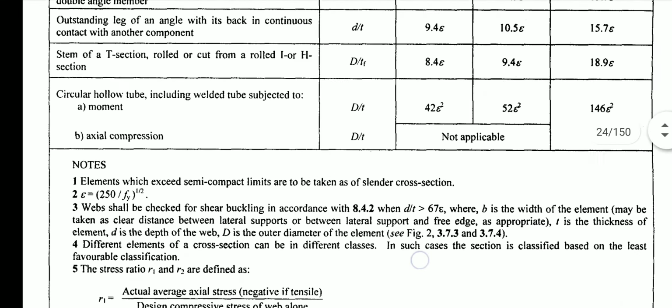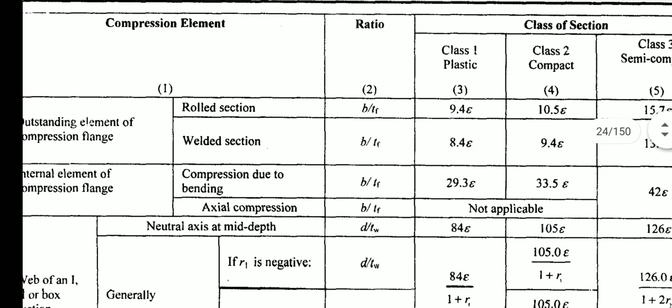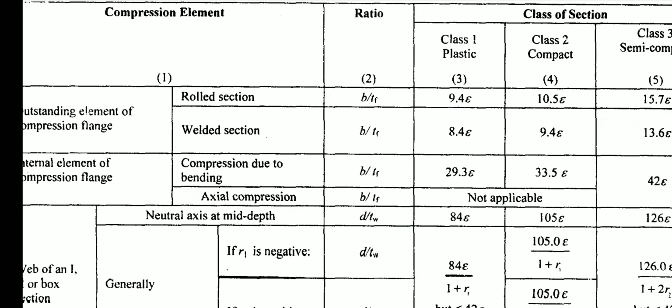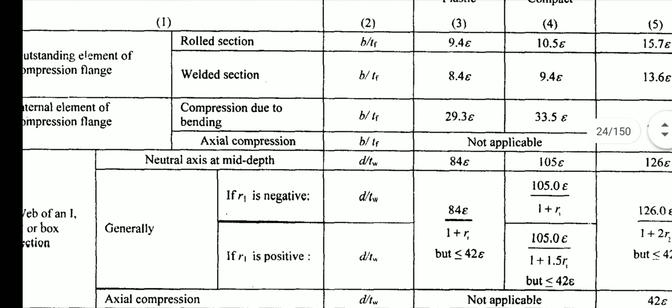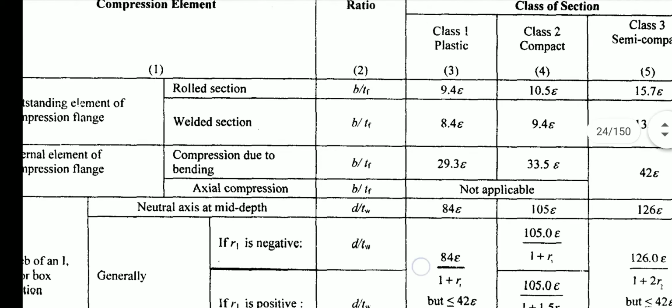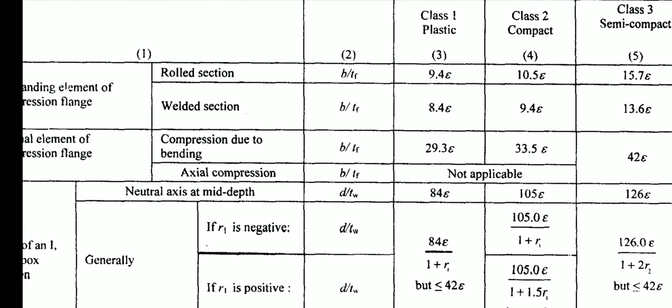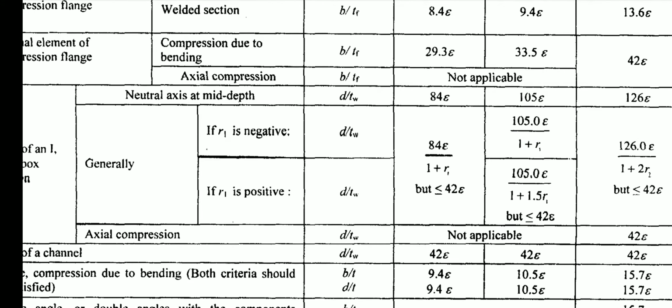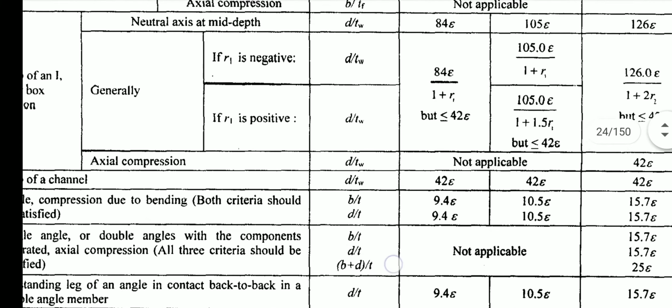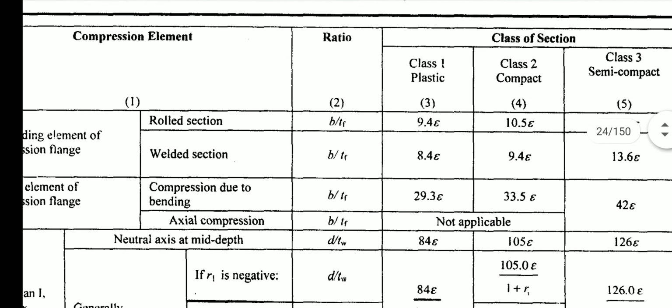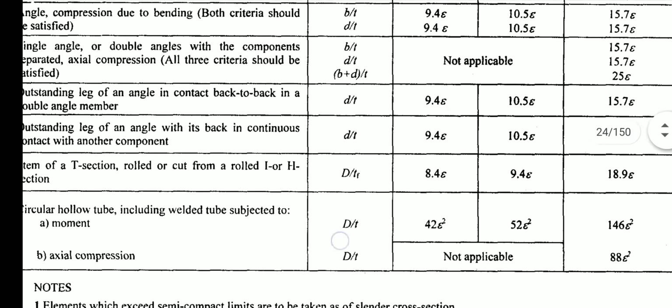So in this problem you have to calculate b divided by tf. Here a welded connection is given; for rolled steel sections we check b by tf and d by tw. Now we have to check the value for class 1, whether it is less than 9.4 epsilon or greater than 9.4 epsilon. In these two sections only we design. So it is less than 8.4 epsilon or more than 8.4 epsilon, like that we have to check. Once you calculate this for the section, what is epsilon here? Epsilon is given in the table below.